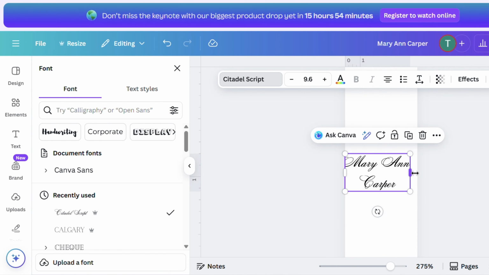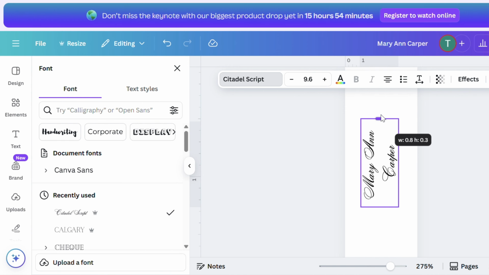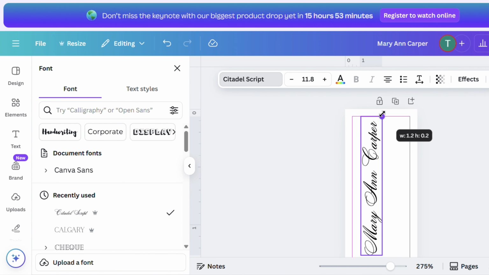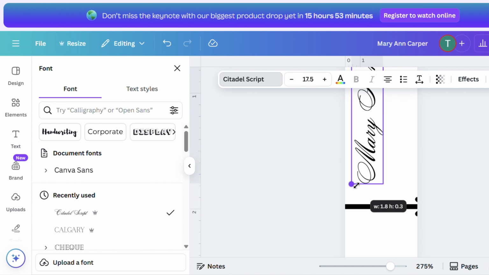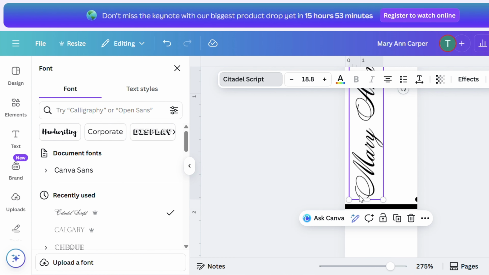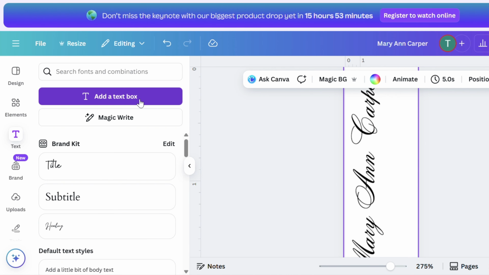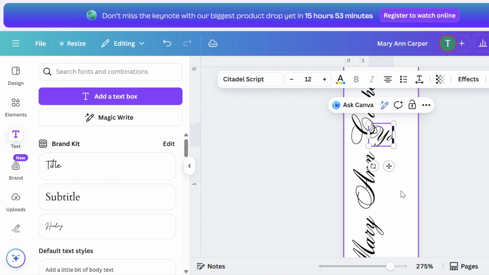So that's a pretty font. Okay, so what I want to do is go ahead and twist this around. You see a little degree mark. I want to make sure it's 90 because when it's 90, it's straight. I'm going to stretch it out so it can be long. And I'm probably going to bring her name all the way to this 2-inch mark because that's the only thing that's really going to go on this side. And then I'm going to add another text box. This time this text is going to be plain. So I'm just going to do 02 27